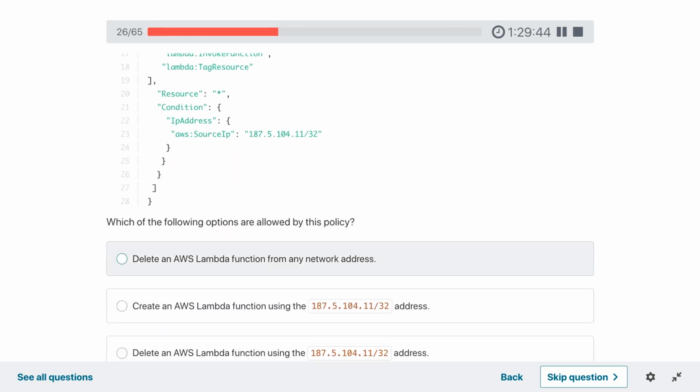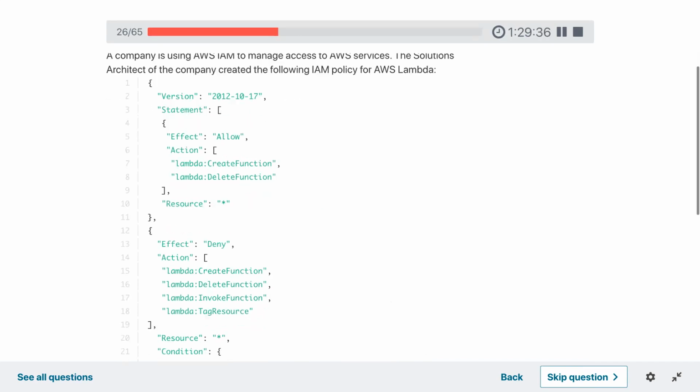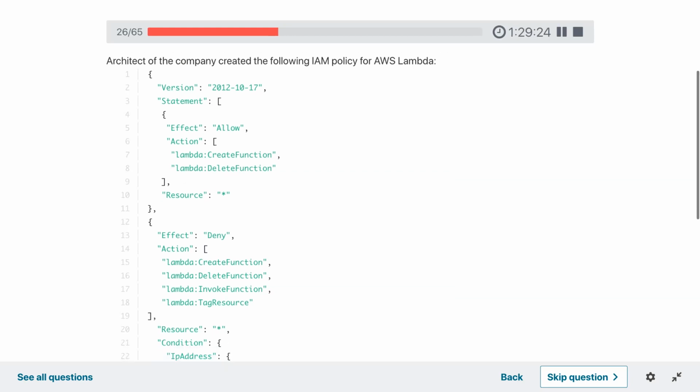So this policy has a statement which says allow. So whosoever this policy applies to can create a Lambda function and delete a Lambda function, and that too in all regions, on all resources.